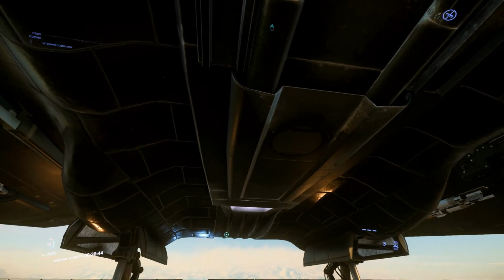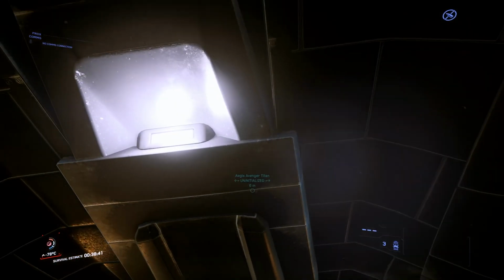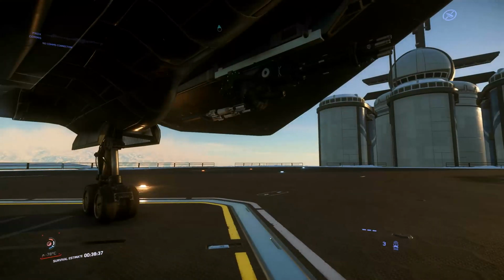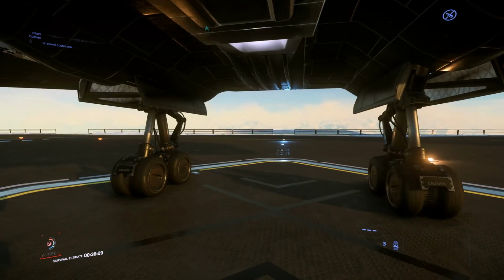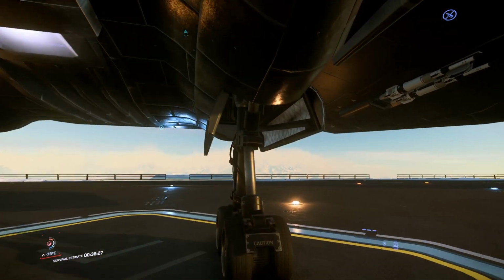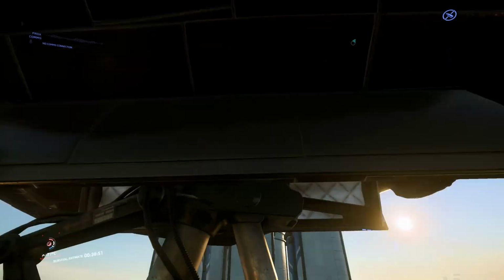Under the belly of the ship here on the keel, not a whole lot of detail. You've got a little bit of light over here. And looking forward, we can see we have three landing gear structures with actual wheels, even though the wheels don't move, but it looks phenomenal. We can see up into our wheel well here. There's some hydraulics in there,